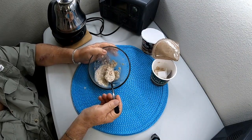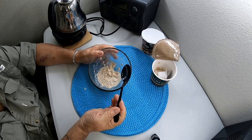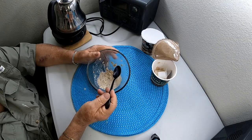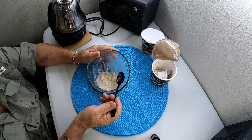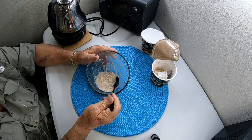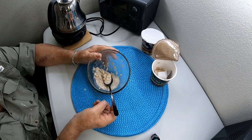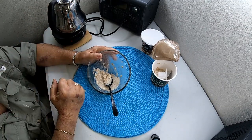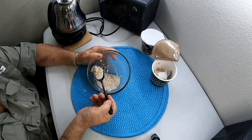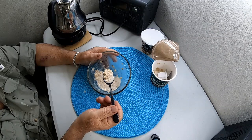Now, in the case of this oatmeal, even though I like this Kodiak oatmeal, I don't think necessarily that it's any better than the HEB brown sugar oatmeal, especially the one that has apples in it. Now, I also did a review on, I think, an HEB oatmeal, I'll link it up here, that has mango in it. I do like the Kodiak brand better than the HEB mango brand. I just didn't think it was as good as